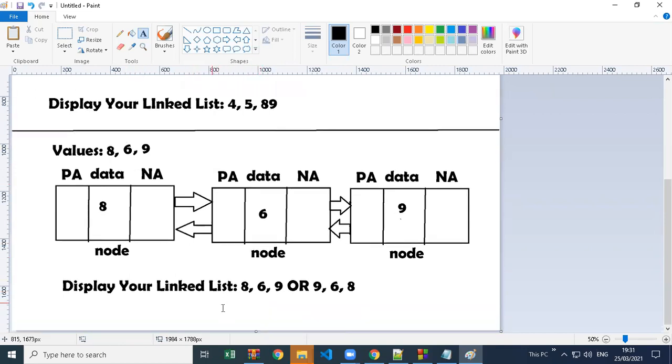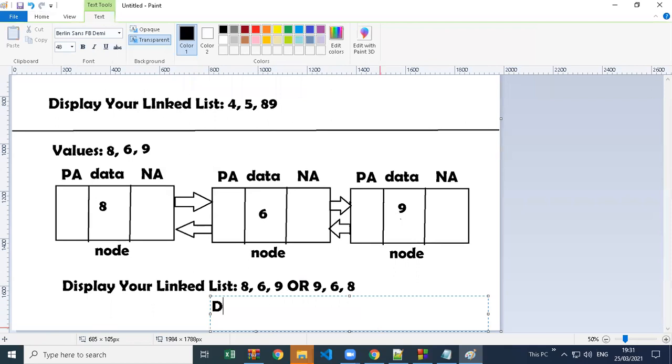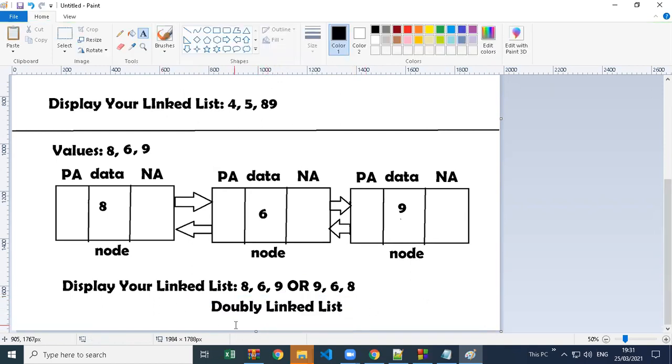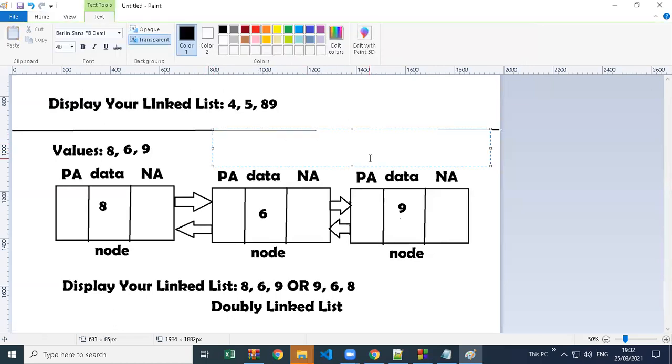This linked list is called a doubly linked list. That one is a singly linked list, and this one is a doubly linked list because it has two ways to traverse.